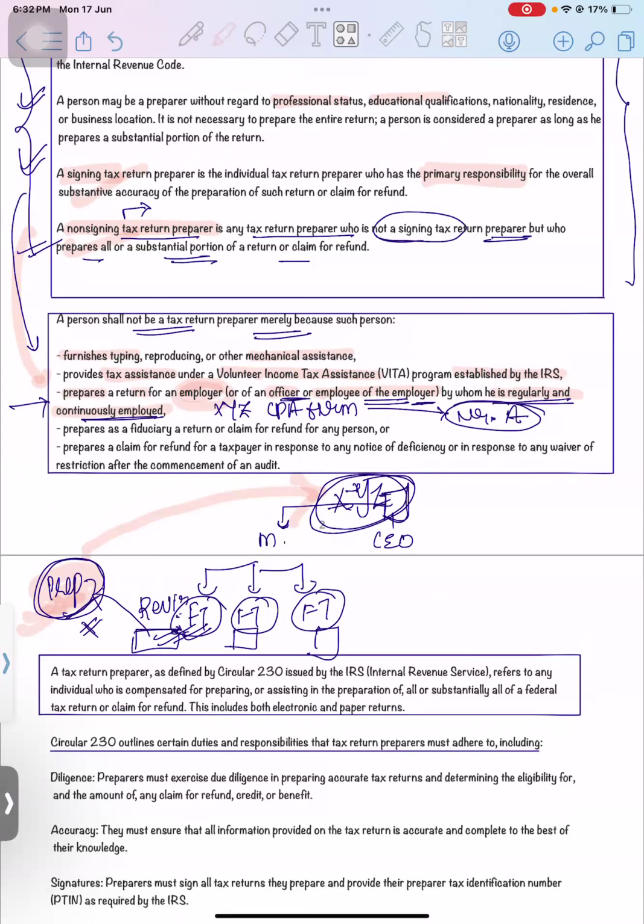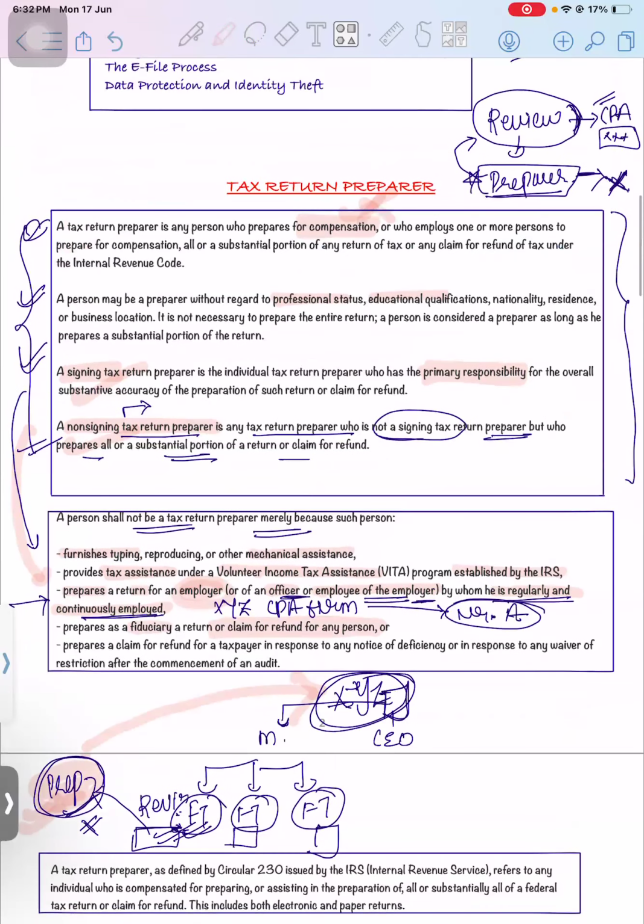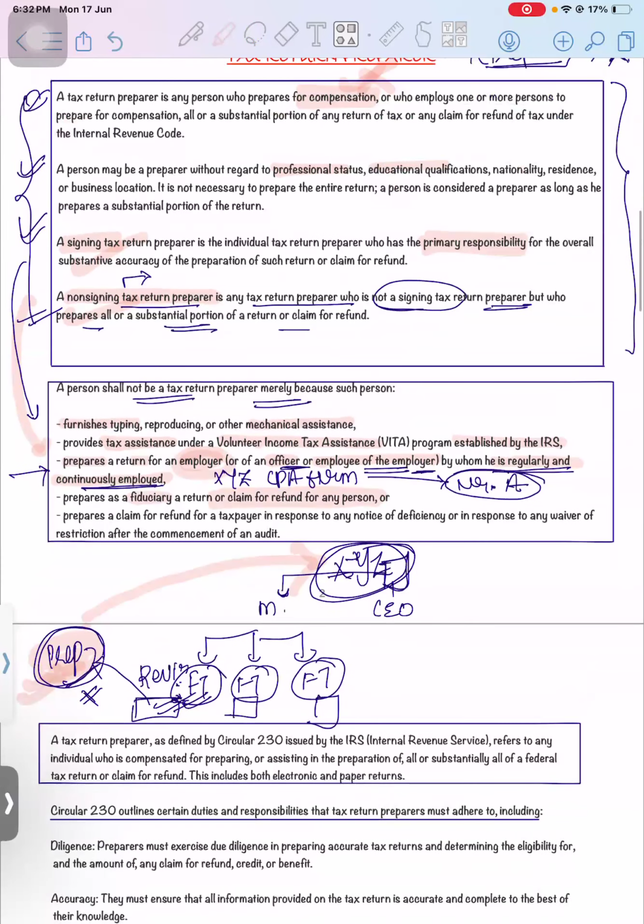Next is, if you prepare as a fiduciary a return or a claim for refund for any person. Fiduciary means, one thing you need to remember, that if there is no compensation, then you can't be called a preparer. So this is the same thing. Fiduciary means if you're preparing a return for your parents free of cost, you're not going to charge any money from them. Let's say you're preparing it for any family member, any friends, colleagues, and as a fiduciary,